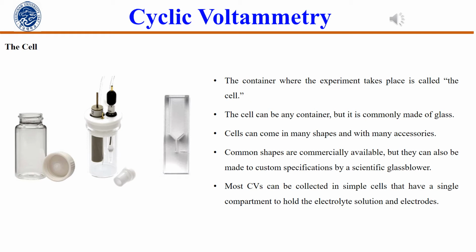If a strong gas stream is too close to the surface of the solution, it can disturb it, so strange features will be observed in the CV, and we will get incorrect data from the potentiostat. So in order to get proper and accurate cyclic voltammetry, the solution should be still, and any gas streams introduced into the cell should be as far away from the solution as possible.